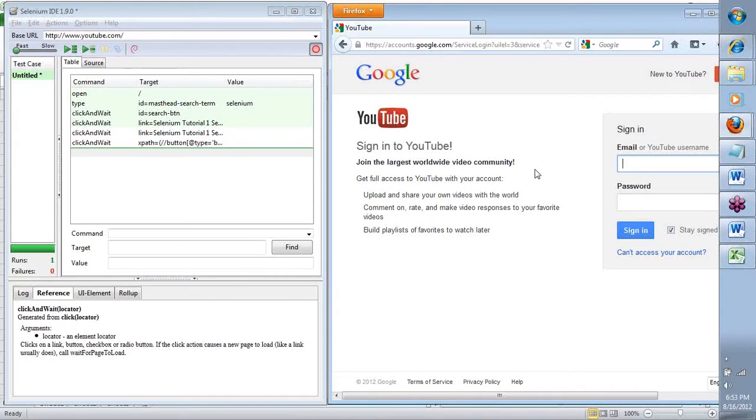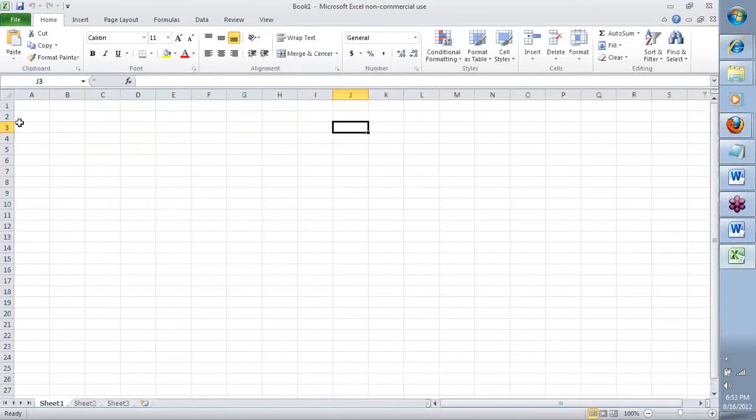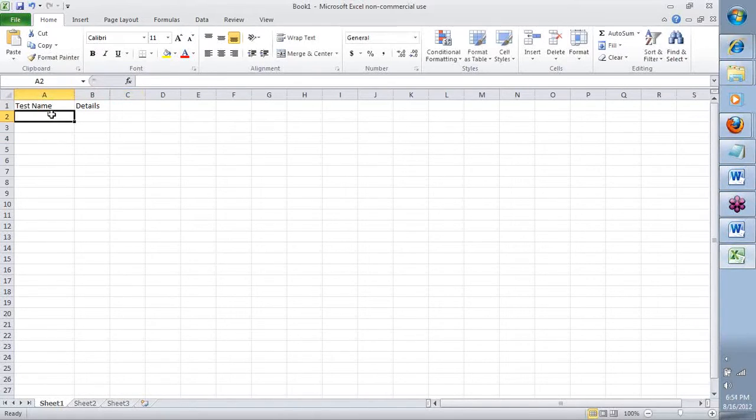Okay, this is the application. Now, what is my plan? My plan is this, okay, and I'm not going to put it onto a document like I typically do for this session one, but I want to create a few structured tests. What are they? The tests are very simple, okay, let's call them. And in fact, you know what, I'll keep going back to this. So I'll say I want to test something, okay, I'll say test name, okay, and details. What are they? I want to test, let's say, if YouTube search works